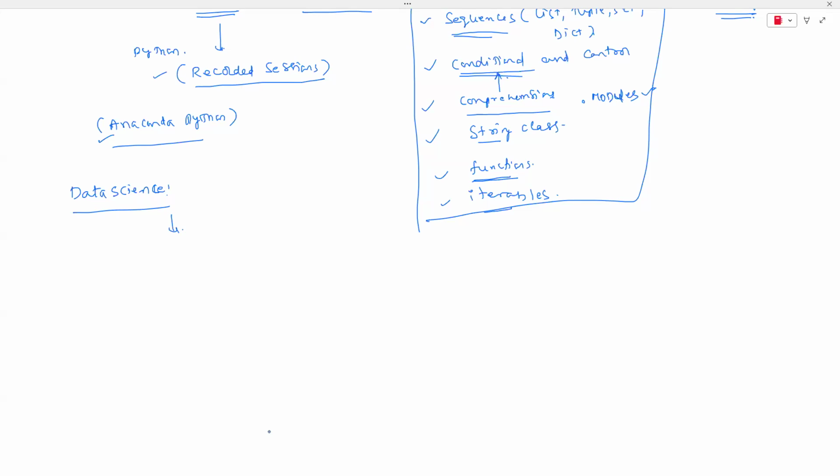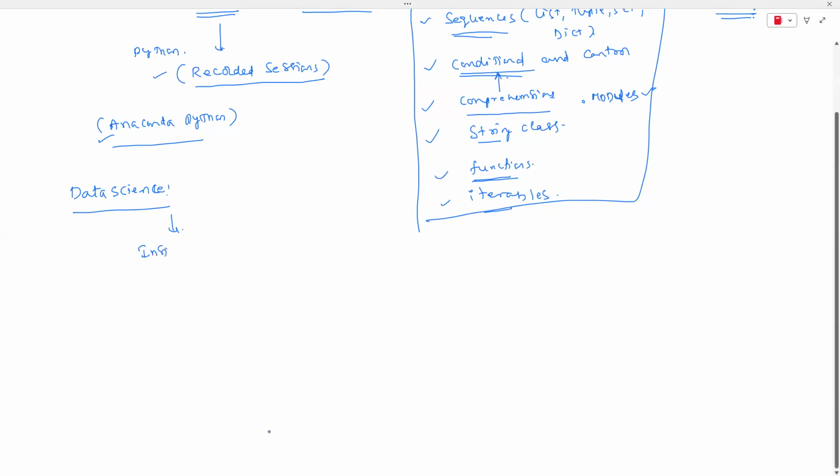Basically, data science is nothing but getting insights from the data: how the variables are related, and what the relationship between the variables is. Understanding that concept is done by data science. So simply put, understand the data and get insights from it. That is the main target.